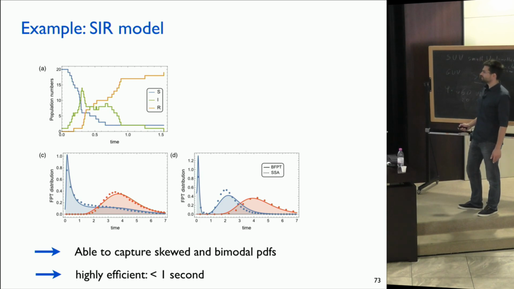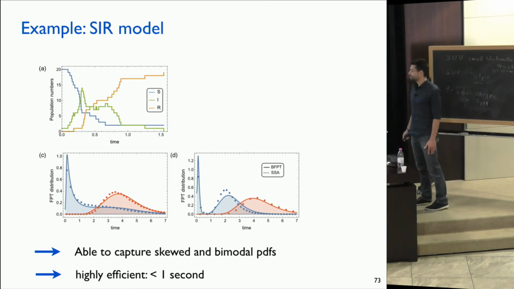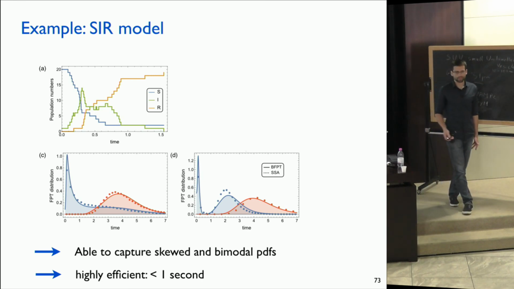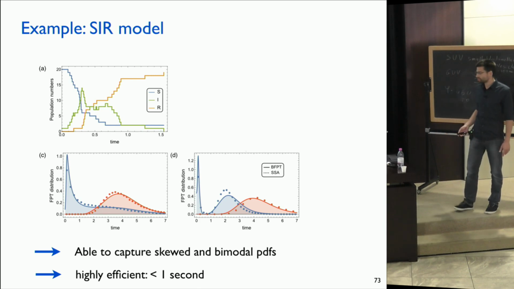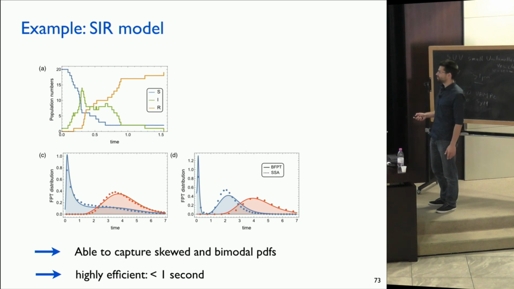And we don't fit all of them perfectly, but overall I think we have a pretty good fit. And to be honest, I was surprised that we can even fit such a highly skewed distribution, and even here a bimodal distribution, pretty well. I did not expect it. And again, our approximation is very efficient in comparison to brute force simulations. So to compute one such whole first passage time distribution, our method needs less than 1 second.